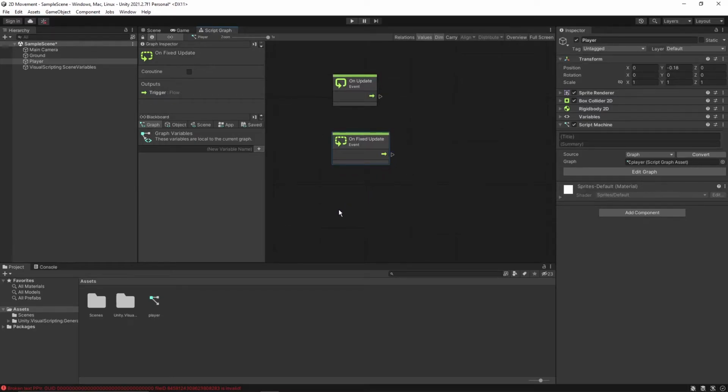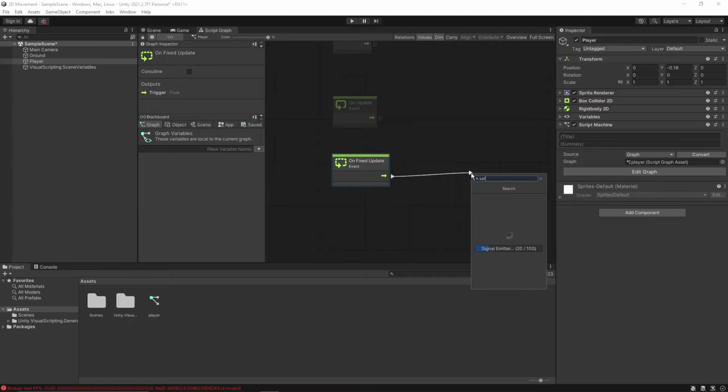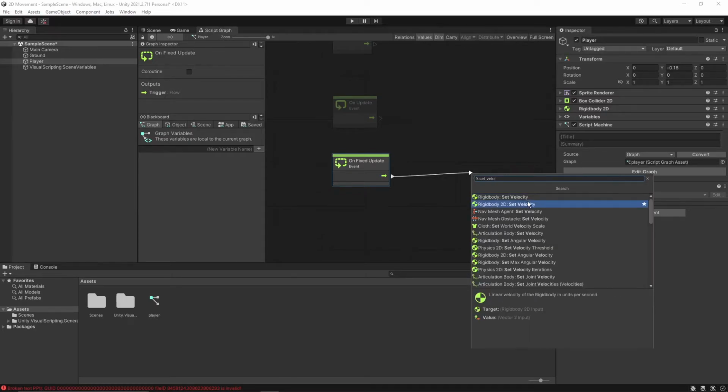First, we need to figure out how we can move this game object from a particular node. There is a specific node that we can utilize, which is called set velocity. Because it's a 2D game object, we have to use this one.